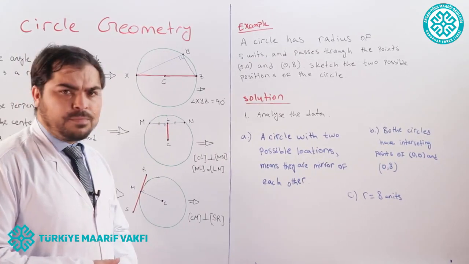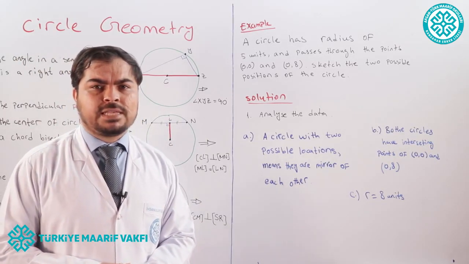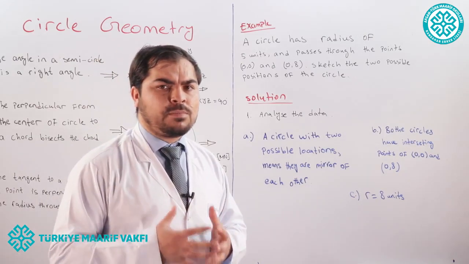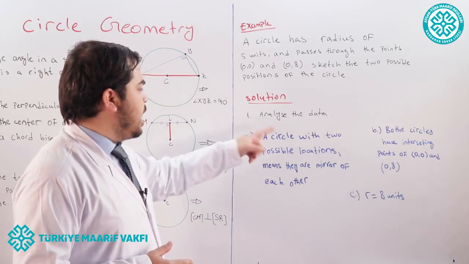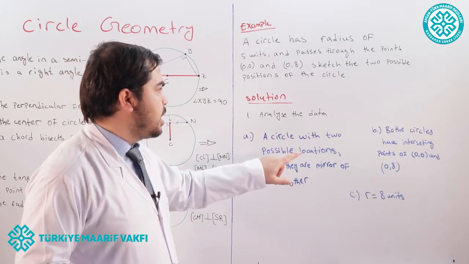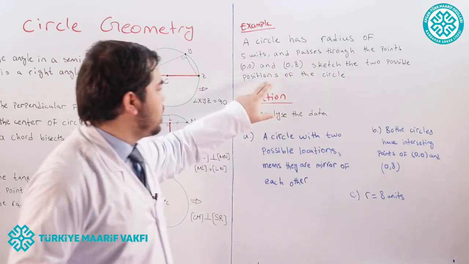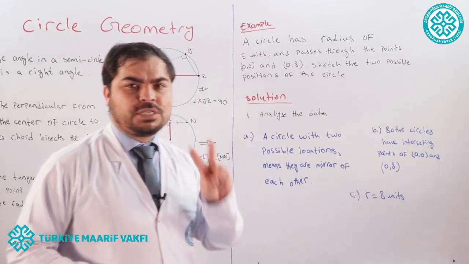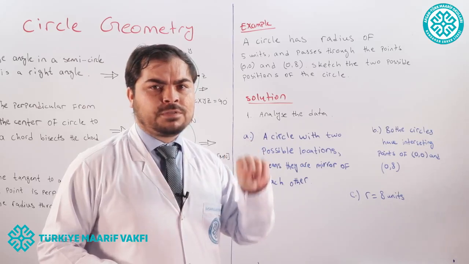example, or this problem. First, we have some steps, and the first step is to analyze the question or the problem. What does the problem want from us? Analyze the data. First, a circle with two possible locations. Here it says, sketch the two possible positions of the circle. That means there is one circle, but it has two positions. They are identical, they are similar, but they have different